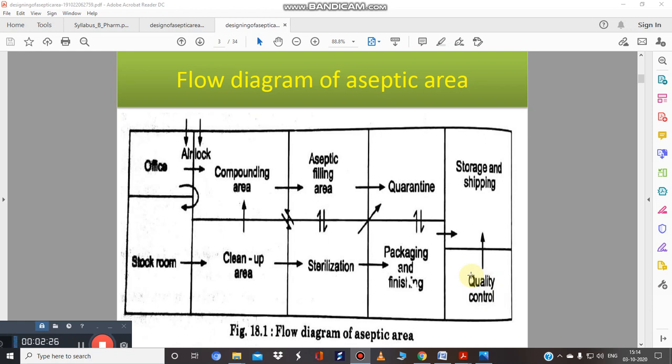Why am I saying quality control lab? Because suppose a pharmaceutical company has made a product, they will have their own lab in which they test that product depending upon the formulation. Suppose you made a tablet, then the quality control testing parameters for tablets are different than for capsules. In the same way, quality control of parenterals and ophthalmics are different. So there is an urgent requirement, we can say the utmost important step is the in-house quality control laboratory of a particular pharmaceutical industry. Yes, of course. Next is the storage and shipping.